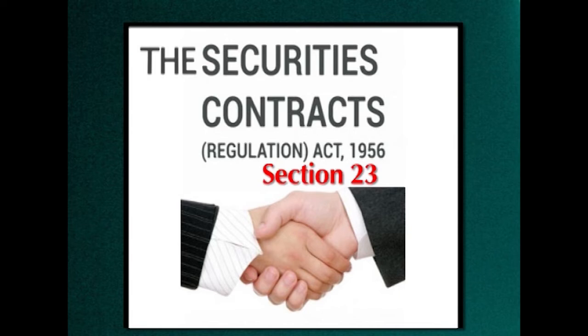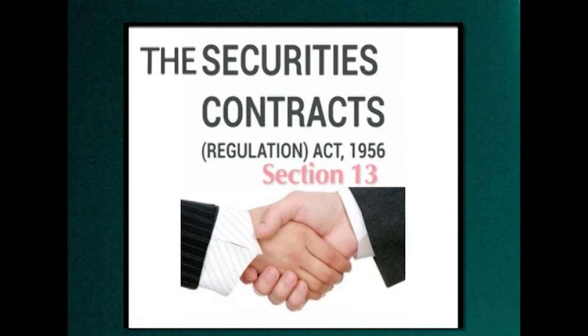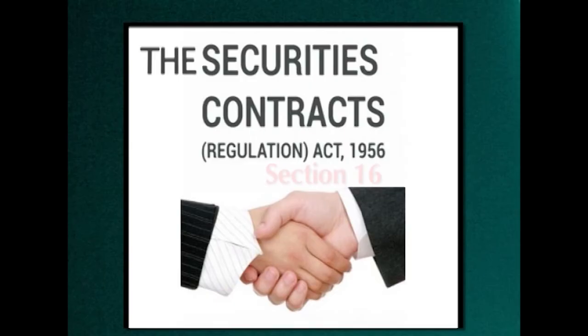Under Section 23, if any person violates the provisions of Section 6, that is to file periodical returns and furnish such information as required by central government, or enters into any contract in contravention of the provisions contained under section 13, which relates to the declaration of the government that contracts in certain notified areas are illegal, or section 16, which relates to the power of central government to prohibit contracts in certain areas,